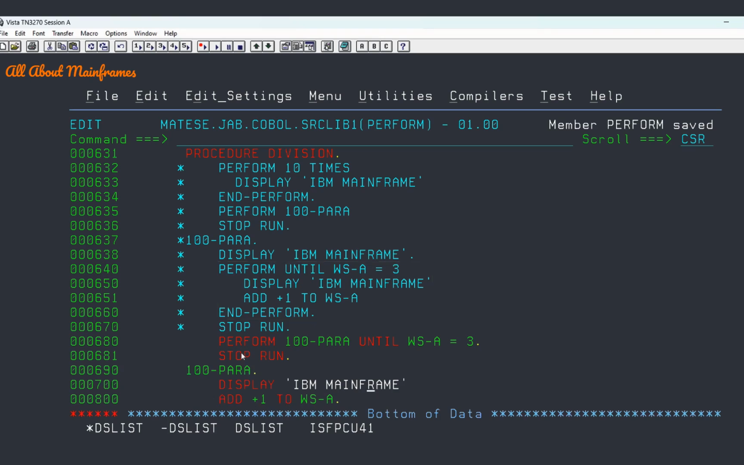Now why have I given this add 1 to WSA? What will happen if I don't give it? Can you tell me? What will happen if I don't give this add 1 to WSA? Why do I have to increment this value? What will happen if I don't do this? It will continuously perform, right? It goes into an infinite loop. Yes, exactly. Good. It will go into an infinite loop because